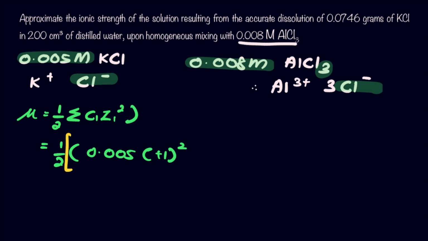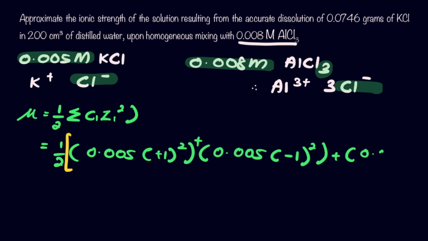Right, so we are going to add another 0.005, and now is for the chlorine, negative 1 to the power of 2. So this one should be plus. So plus for the other side, which is 0.008 times positive 3 to the power of 2